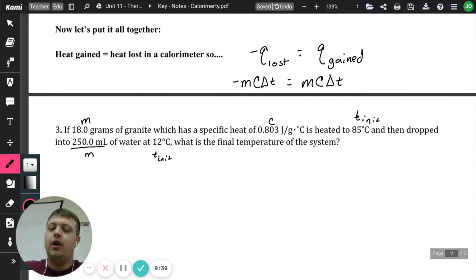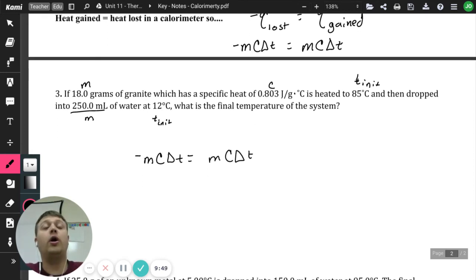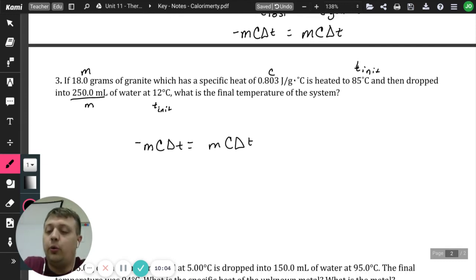Okay? So I know that heat lost, MC delta T, equals heat gained. So what is going to be losing heat here? Well, remember that energy flows from high to low. So what's going to have more energy, the granite or the water? Well, in this case, the granite has a higher temperature, so it also has more energy. So we know that my granite is going to be losing energy. So negative